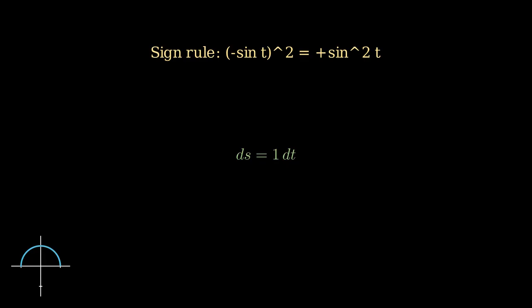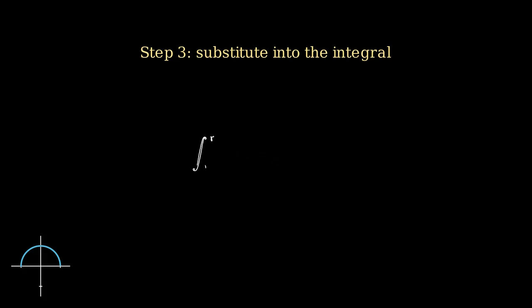This is the built-in shortcut for the unit circle. This square root term always collapses to exactly 1. Step 3. Substitute everything into the integral. We replace x with cosine t, y with sine t, and ds with 1 times dt. So the integral becomes the integral from 0 to pi of the quantity 1 plus cosine t times sine cubed t